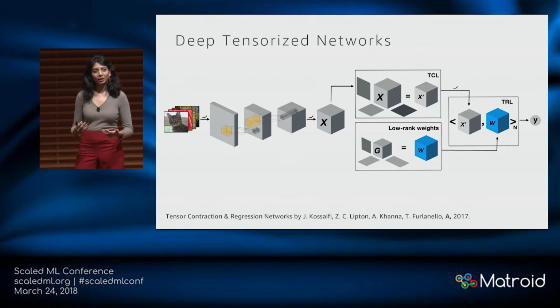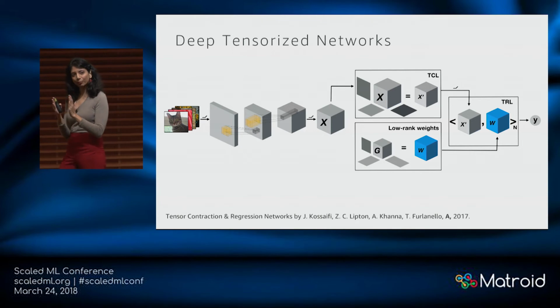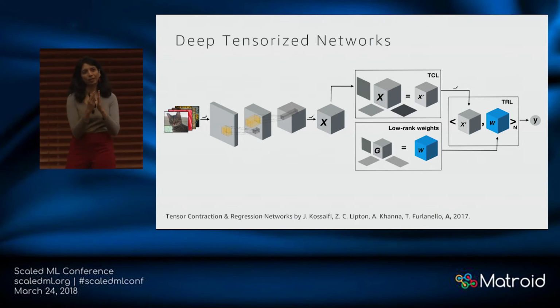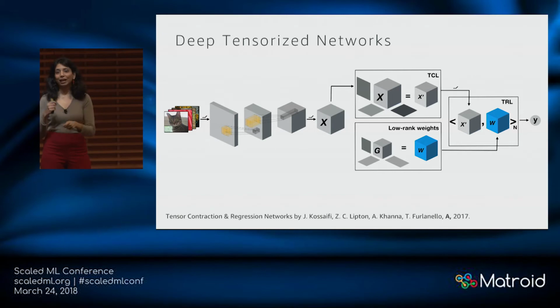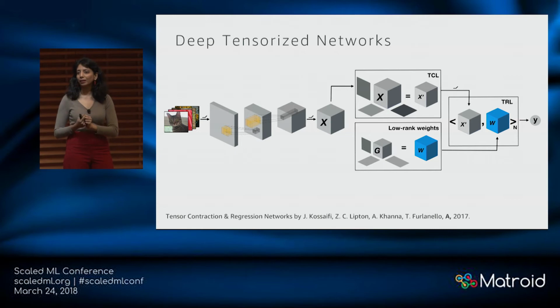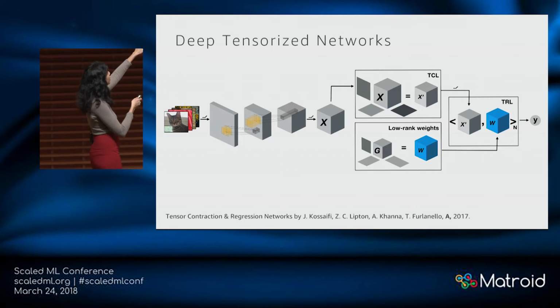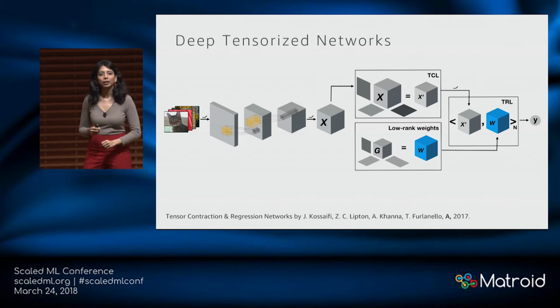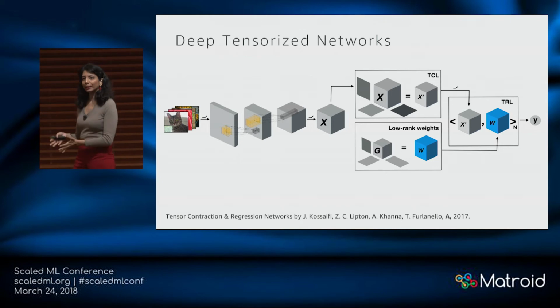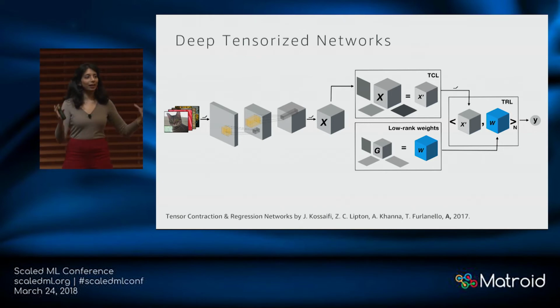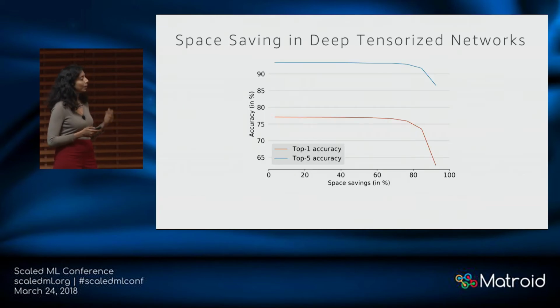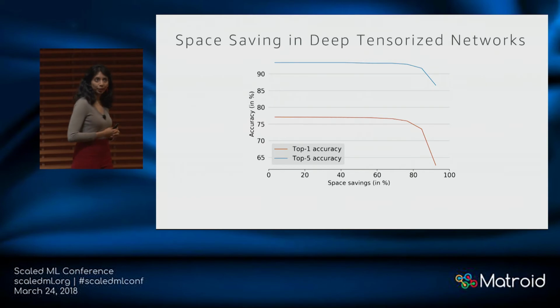So you're also controlling these hyperparameters, so that you have room to control for the compactness of your network in newer ways now. Earlier, the only way to control for the number of parameters was the width of the network and the depth, right? But now we have more knobs to control. We can have the rank of this weight tensor. We can have the dimensions of these different weight matrices to contract the tensor. So this gives us much more handle in being able to maintain good accuracy while having a more compact network. And so that's one of the benefits we can see by using tensor operations in our neural network layers.